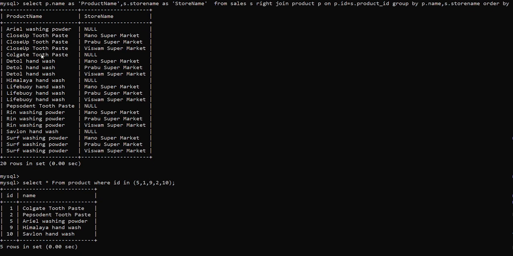Okay, we could find ID 1, 2, 5, 9, 10. Airtel washing powder, Colgate toothpaste, third one is Himalaya hand wash, fourth one is Pepsodent toothpaste, fifth one is Savlon hand wash. These are the IDs for the respective product which is having null in the store name.